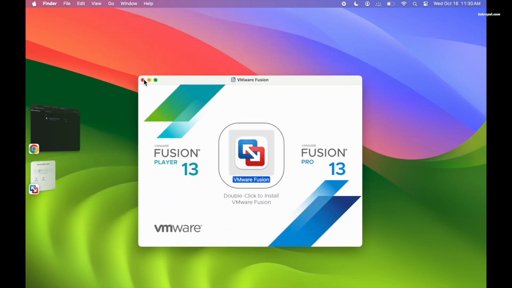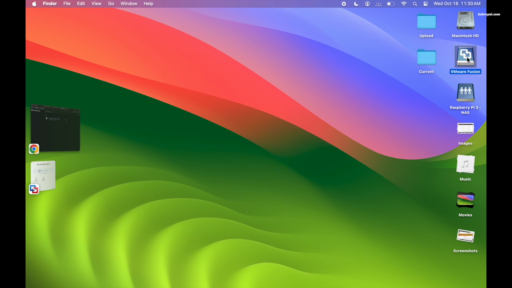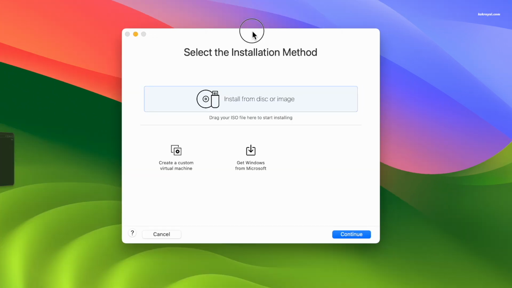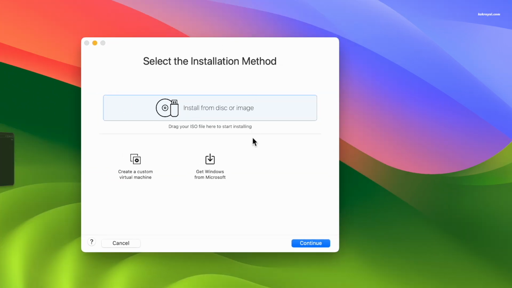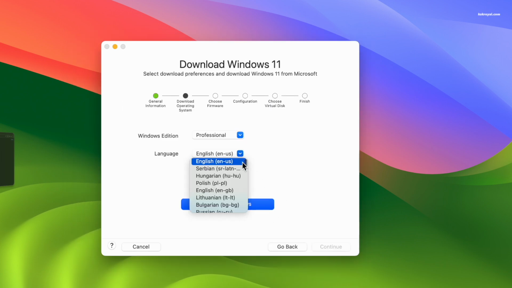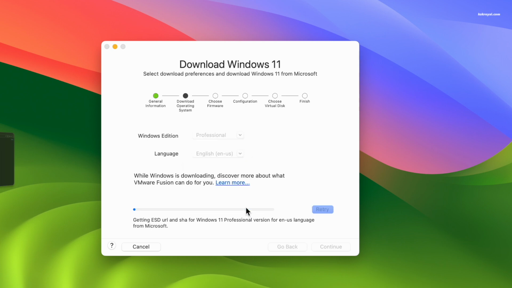It's time to download the Windows 11 ARM64 ISO. VMware Fusion provides an option to download Windows 11 directly from Microsoft and activate it later with your license key. Click Get Windows. Choose the Windows edition and language, then click Download to get the ISO file.